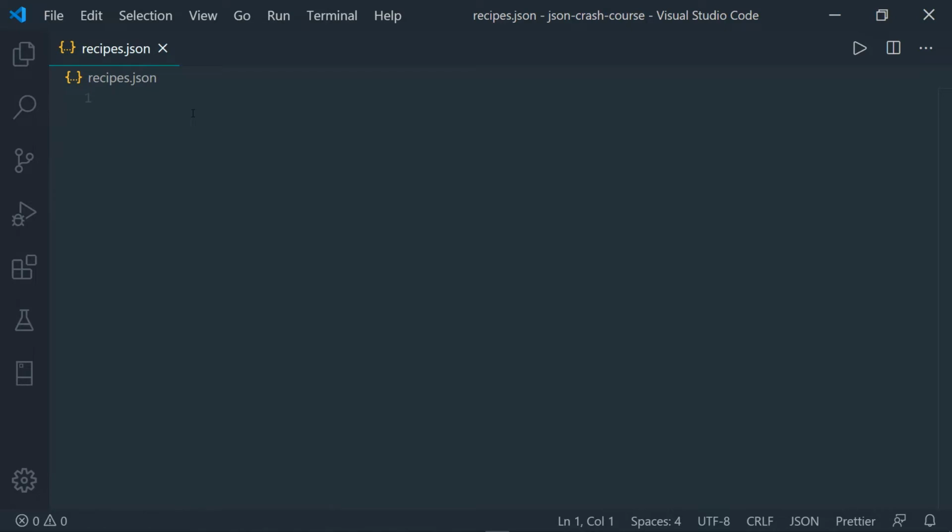Alright, so when it comes to typing the data inside of JSON, there are actually 2 ways of typing the data. The first one is to create an object. And objects are generally created inside of curly braces. So you have these 2 curly braces. Inside of these 2 curly braces, you're going to create key value pairs. So the syntax is something like this. So let's say this is a simple object which contains a title, and the title is going to be, let's say, omelette, and this is a JSON object. So it contains a key and it contains a value.